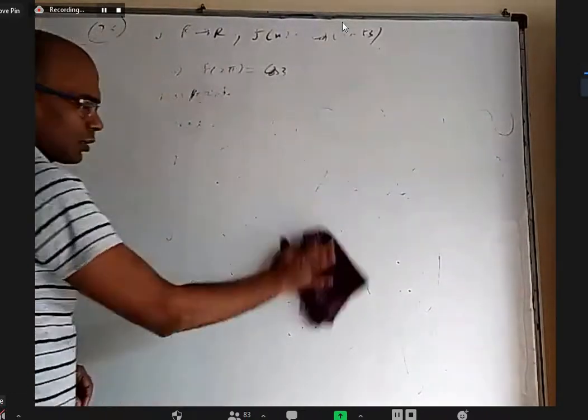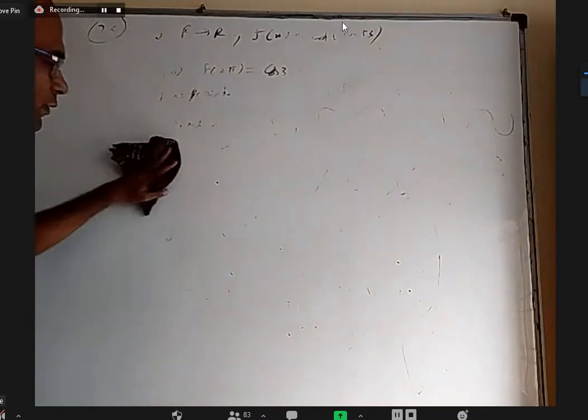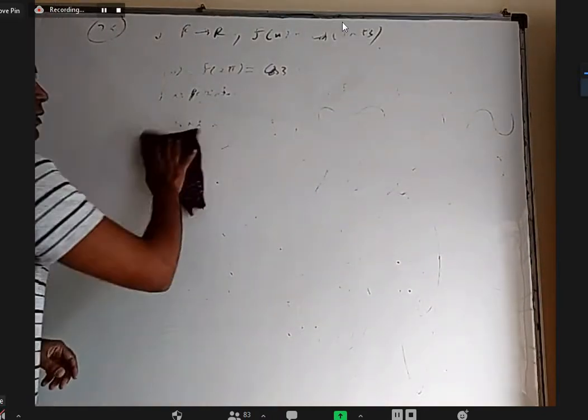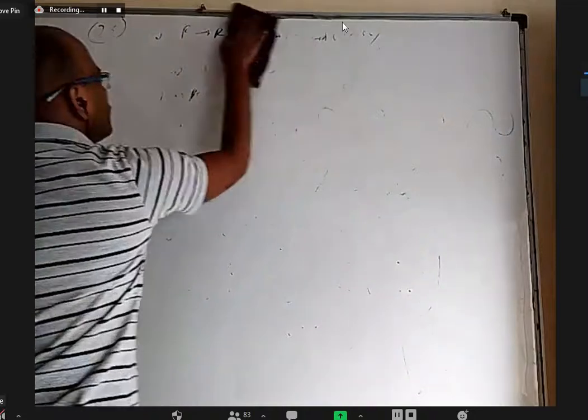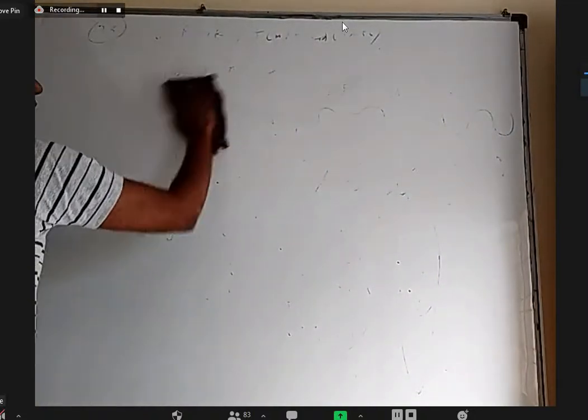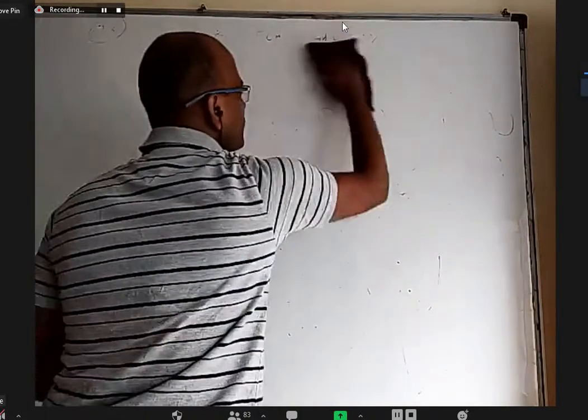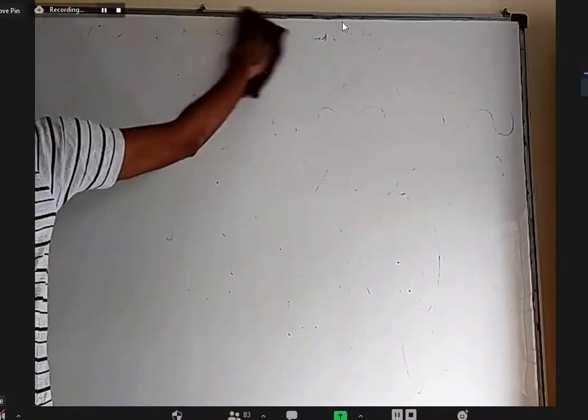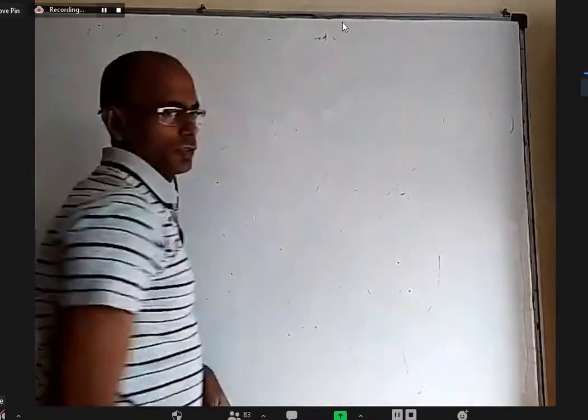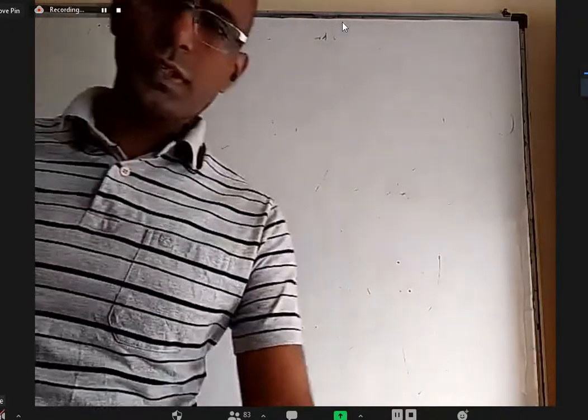So for 1-1 or not, you can try to give an example of two different x values where the image is the same; then it is not 1-1. You can look at the graph. If any horizontal line intersects more than once, it is not 1-1. Of course, if you want to prove 1-1, as we discussed yesterday, we have to start with f of x1 equal to f of x2 and end up with x1 equal to x2. Okay, 27.